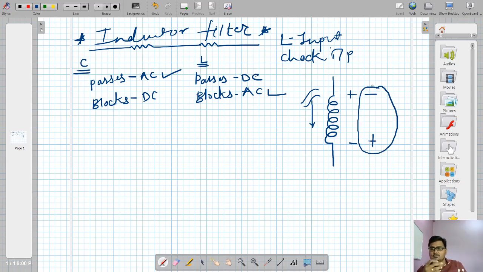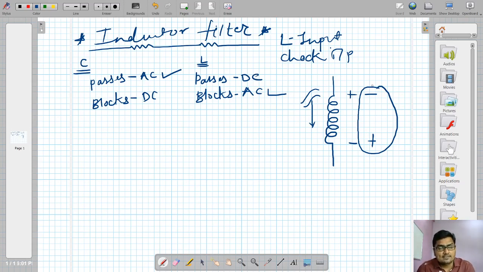So it means inductor opposes change in current. See, suddenly current is flowing, suddenly you stop the current. Isn't it change in current? So that change in current, that inductor opposes that process, and inductor reverses its own polarity. Not inductor actually, the field associated with the inductor. So this is another property of an inductor.